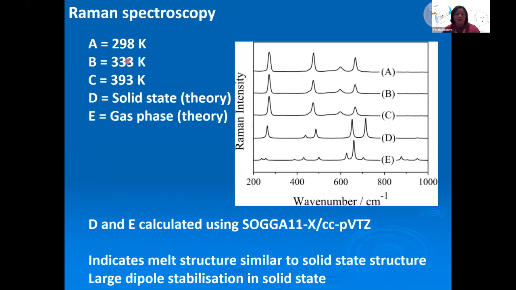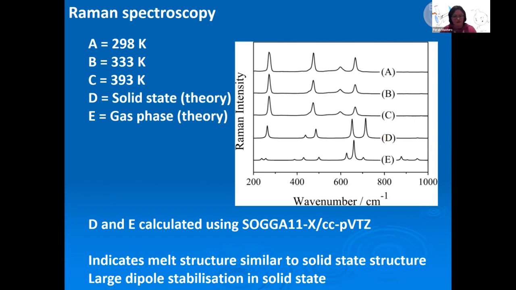And I said that I would mention Raman spectroscopy, and so this is just the spectroscopy of the solid state, and then as we heat it up. So A to B to C is going from essentially room temperature up to about 100 degrees C or 393 Kelvin. And you can see that apart from some broadening of the bands, there's very little change in the system here. D is the solid state spectrum as predicted from our calculations, and E is the gas phase spectrum as